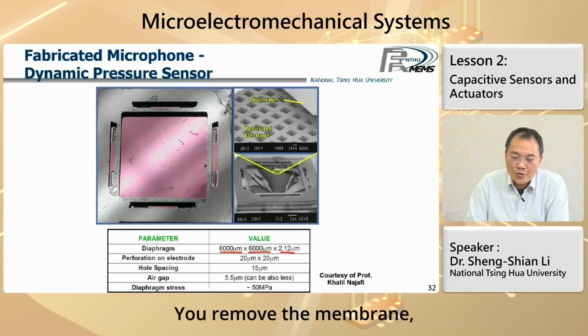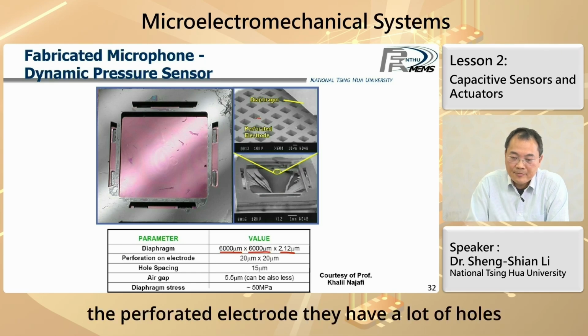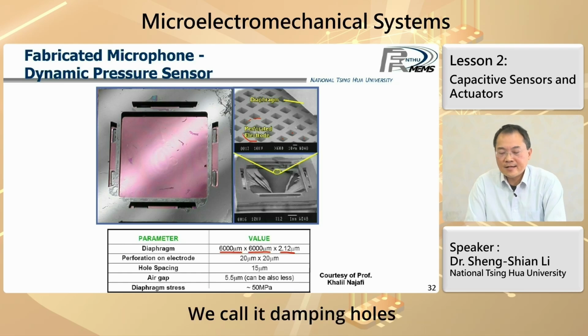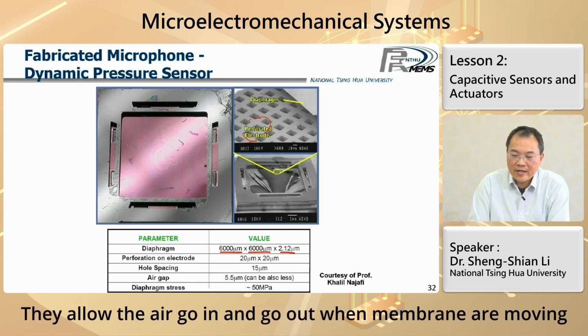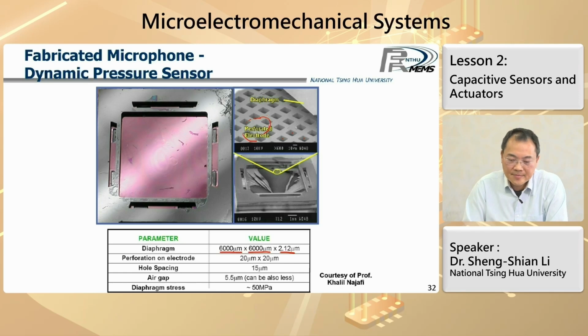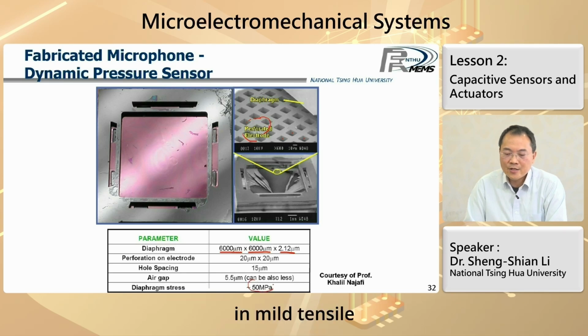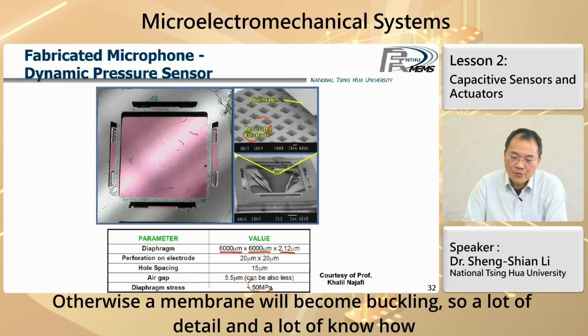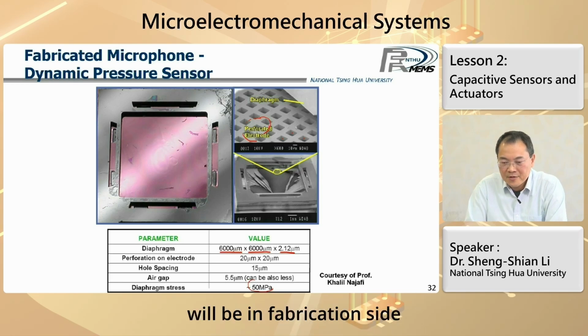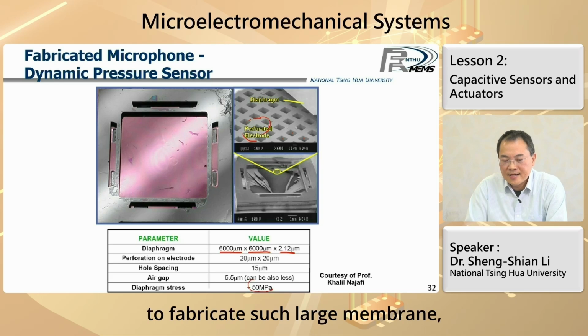Once you remove the membrane, you actually can see the perforated electrode. They have a lot of holes. We call them damping holes. They allow the air to go in and go out when the membrane is moving. So you have to make sure that the diaphragm stress is controlled in mild tensile. Otherwise, the membrane will become buckling. So a lot of detail and a lot of know-how will be on the fabrication side to fabricate such a large membrane,